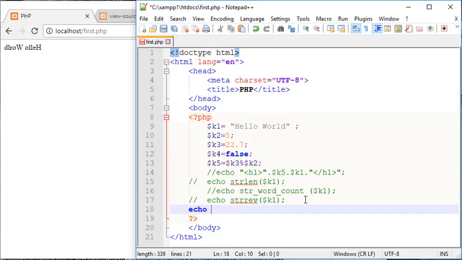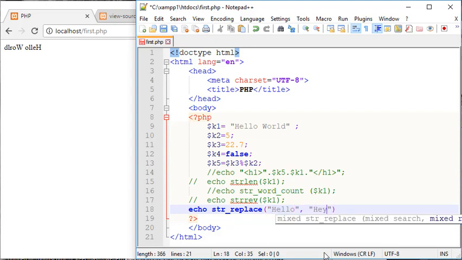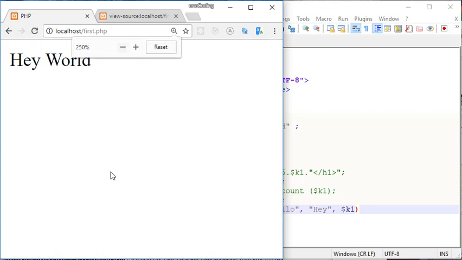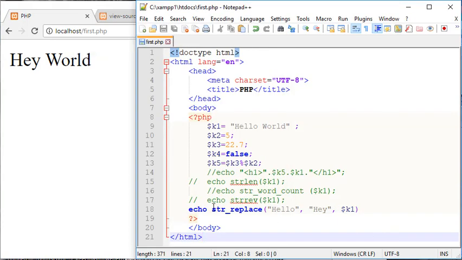Let's go ahead and type in echo, and we're going to type in str_replace. So we're basically going to replace a word. So we have hello world right here. Let's go ahead and replace hello with, let's say, hey, and we need to put where we want it to be replaced, otherwise it won't work. So it's in variable 1, and if I refresh, I'm going to get hey world instead of hello world, as echo str_replace just replaced my